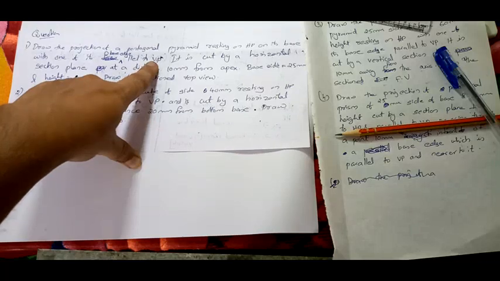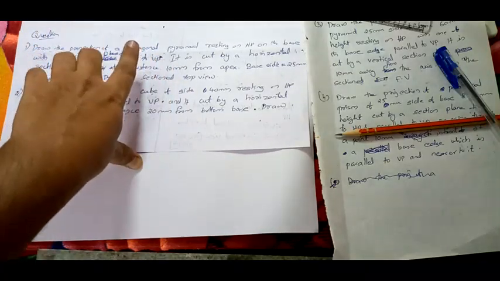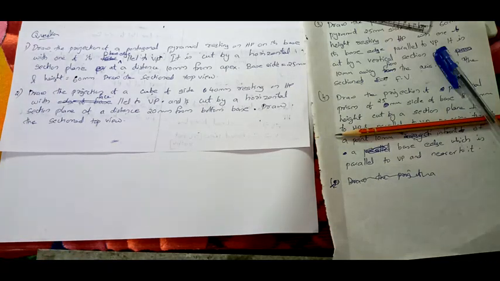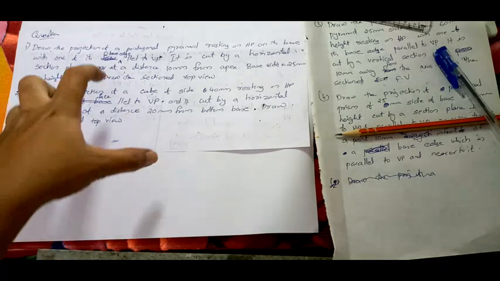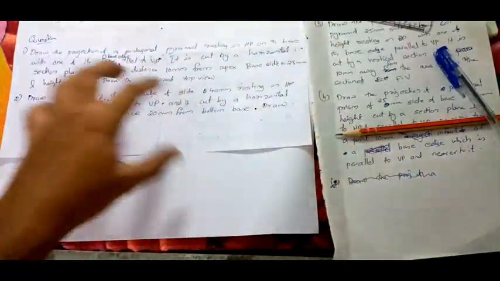See, you have to draw only the simple position. From here onwards, the understanding and solving of problems will be easier for you than the projection of solids or lines. It will be a comparatively easier portion. So you have to draw only simple positions in all four questions.